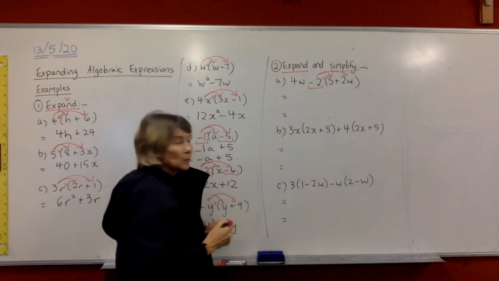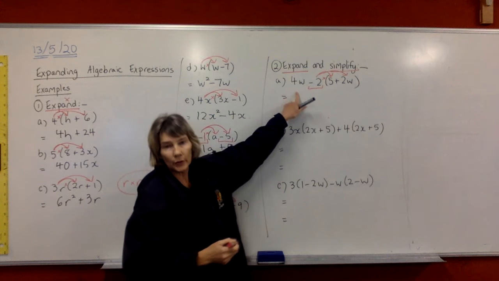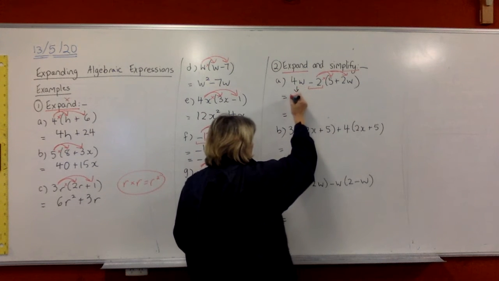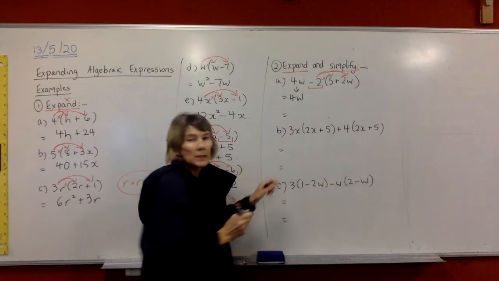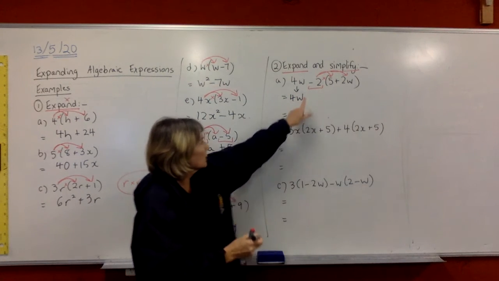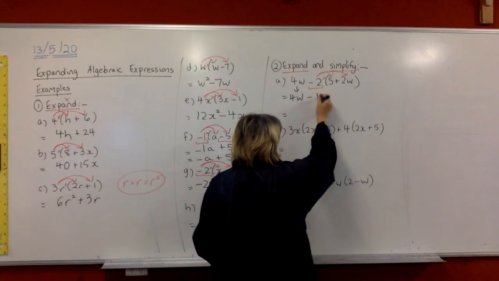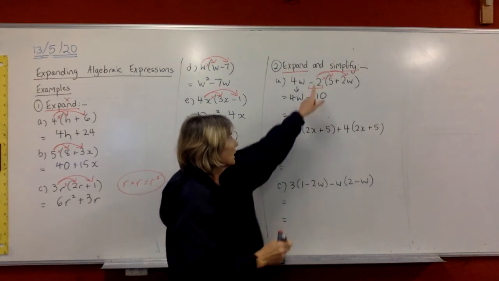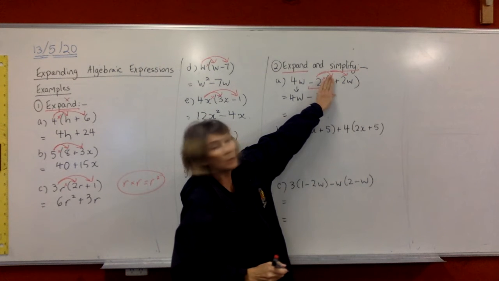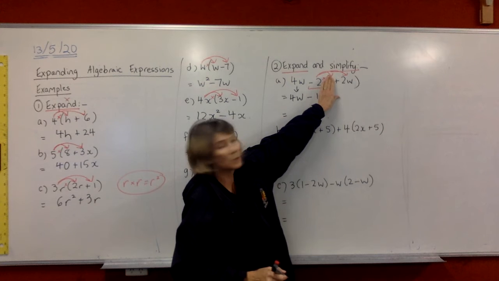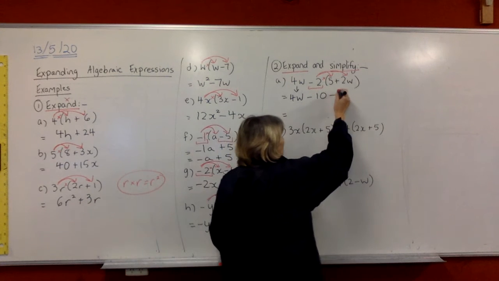Now with this one, you are going to copy the 4W down first. That has nothing to do with the multiplying. So just copy it down. And now we're going to start our expanding. So we have minus 2 times 5 is minus 10. Use your calculator. Minus 2 times positive 2W, use your calculator, minus 2 times positive 2 is minus 4 with the W on